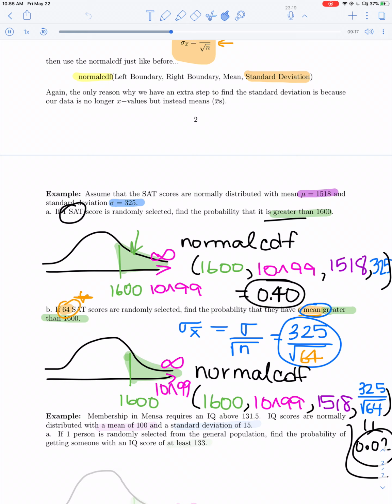Let's try one last problem just like this. In this last problem, Mensa membership requires an IQ